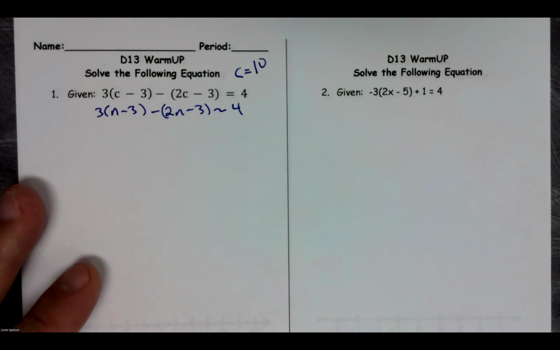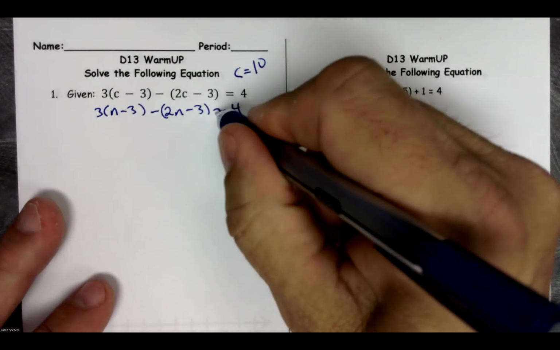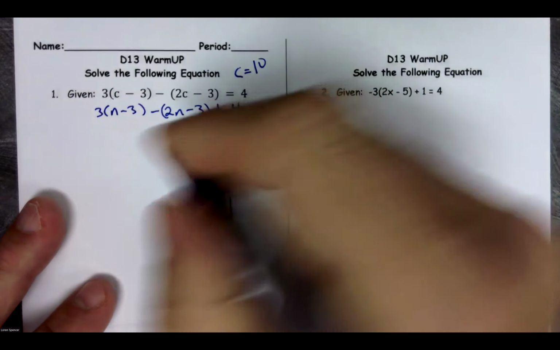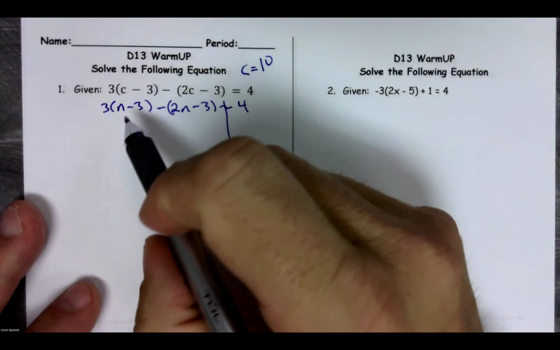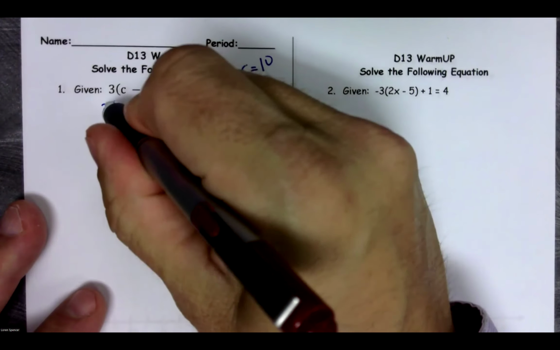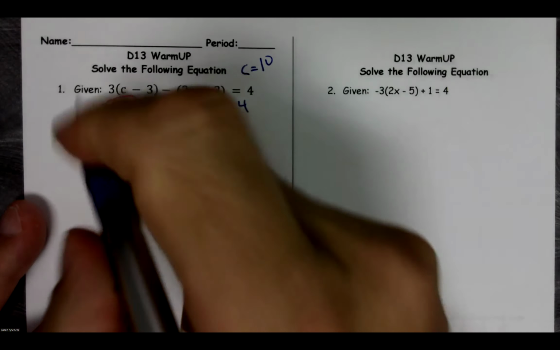All right, so we need to show our work, because without showing our work, we will not receive credit. So here we go. Although we're allowed to use it on the test and it's a great tool on the test, you have to show your work. So I'm going to need to distribute, and that's going to become 3n minus 9